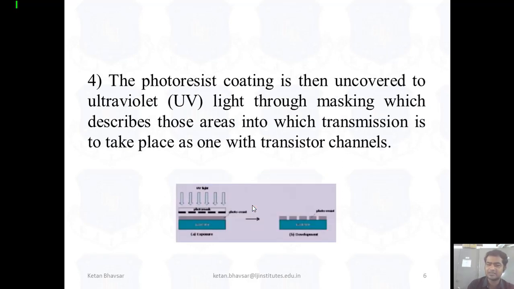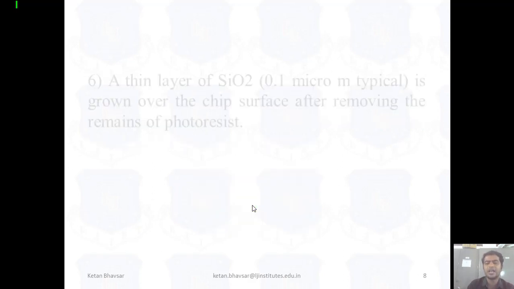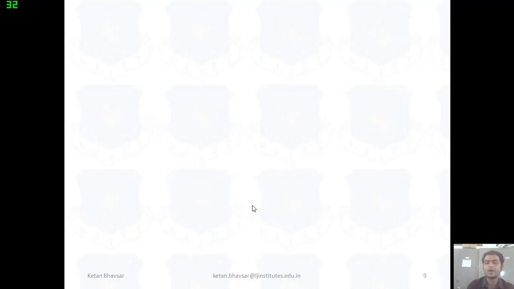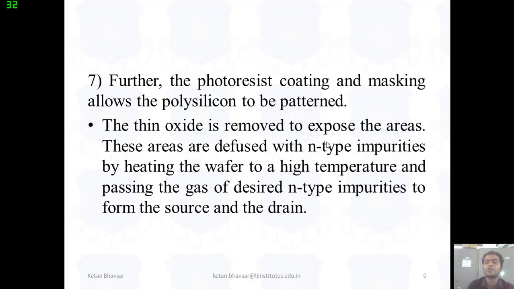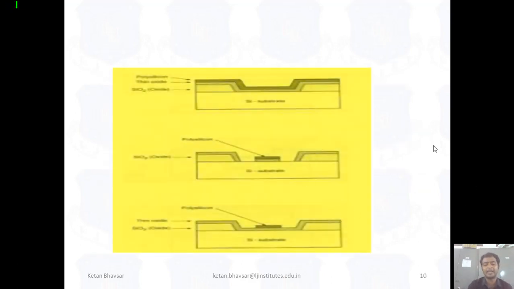We have to take a mask. This is also the same concept for applying the etching on the area and the SiO2 layer on the substrate. And here we have to add the P type of impurity instead of the N type of impurities, because right now we are designing a PMOS technology, and for that we have to add a P type of impurity instead of N type of impurities, and it will look like this.